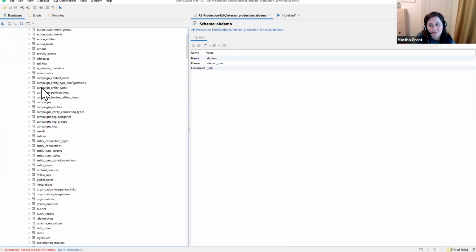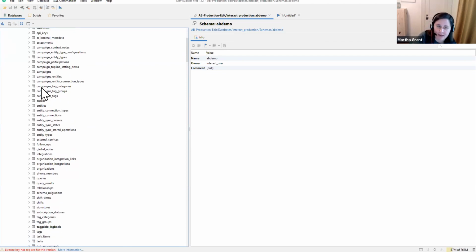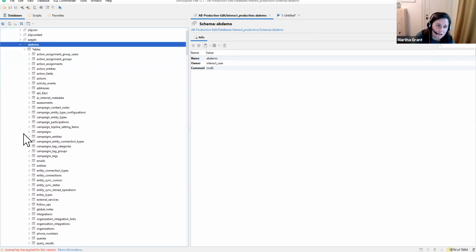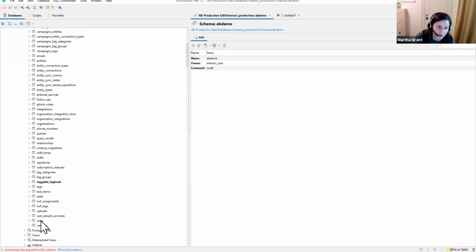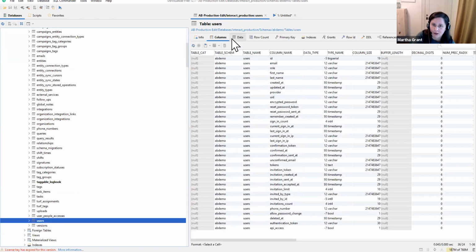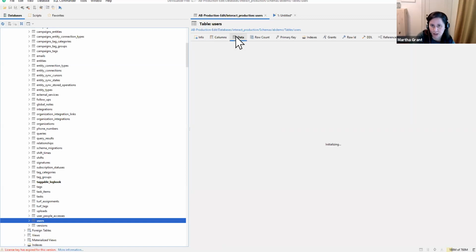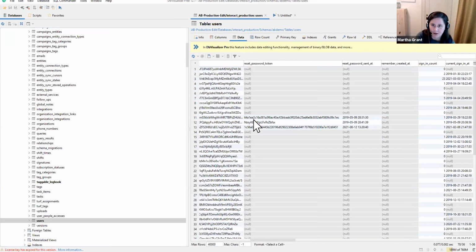But the good news is you won't need nearly any of these tables for reporting. You only need probably about a half dozen. And I'm going to really focus on those tables today. So starting with users, I'm going to hop over here. This is where you have your users table with all the information about your users. When I click on it, it takes me to the column section. But here I can click on data and actually see the information for all of the user accounts here, including